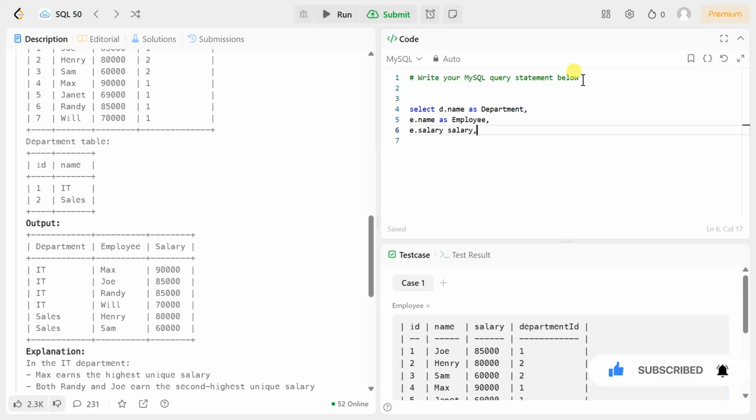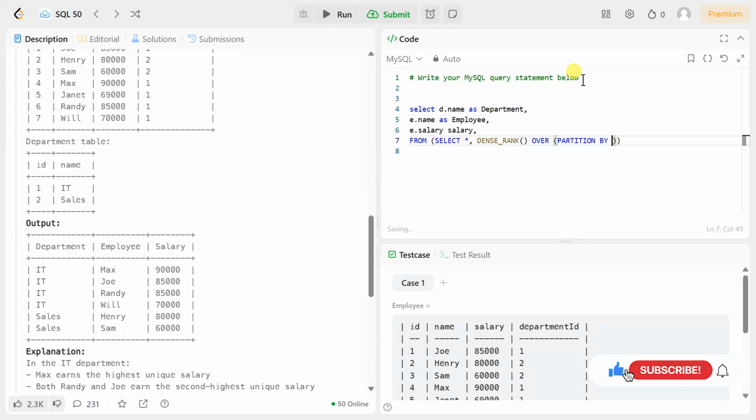And again, we will select all this from a subquery, where we will create the ranking for all the salaries. So we will select star first of all, and we will create a new column called salary rank, and that will be created using DENSE_RANK, and it will be OVER PARTITION